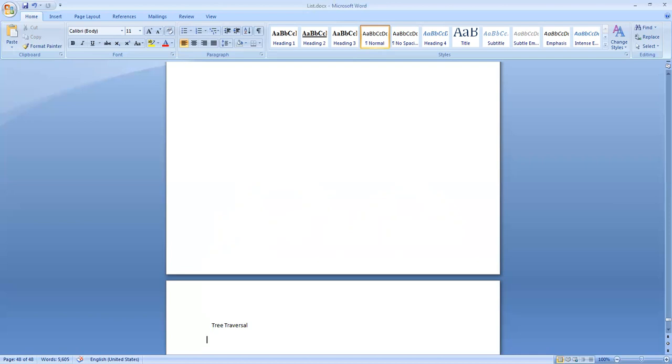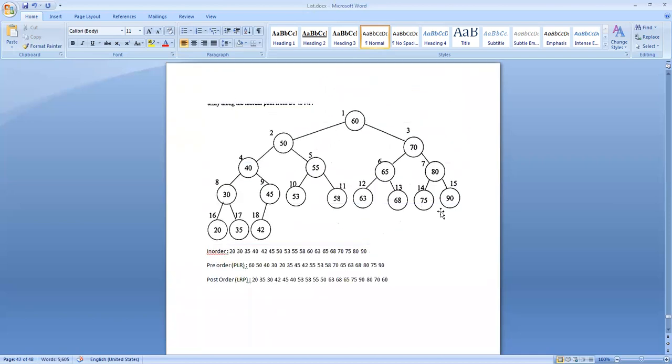So in this tree, you see that every node has an information value and a pointer to the left side, a pointer to the right side, if they exist. You take this leaf 20: it has an information value, but it doesn't have a left child and right child. So the left pointer for 20 is nil, and the right pointer for 20 is nil. There is a left pointer for 60, that is 50. For this 45, there is no right child, so the right pointer is nil, whereas the left pointer is pointing to the node having 42.